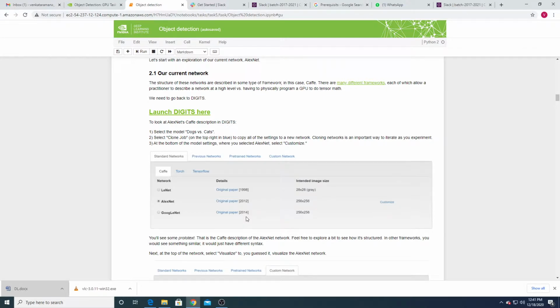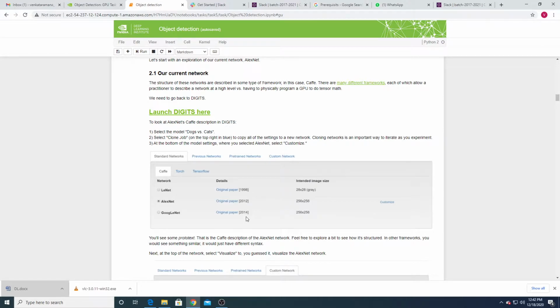Fully convolutional neural network means that if you see the AlexNet model or any CNN model, at the end you can see the fully connected layer, FCN. I want to replace those fully connected layers with convolution layers again. Then it will help to do the object detection without splitting the complete image into small windows.